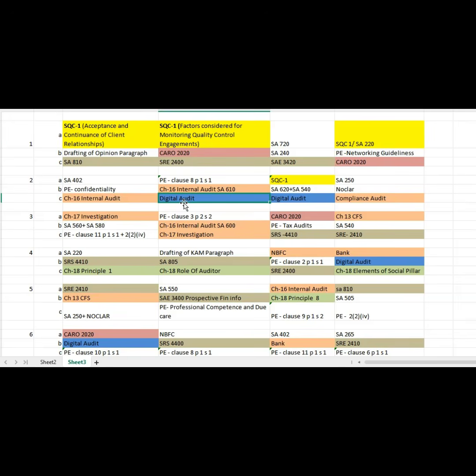Okay, the next is digital audit. I would say in digital audit, focus on those areas which are not tested in your exams. Okay, just focus on those areas. It is just 4 marks in your exams. So don't give more time to digital audit. Try to do digital audit every day, 15 minutes. Try to do one topic daily, such that you will cover that 4 marks.